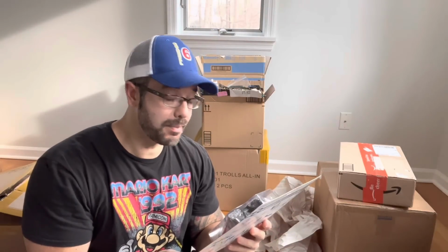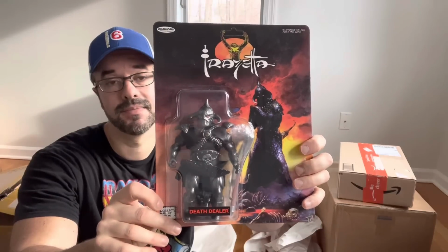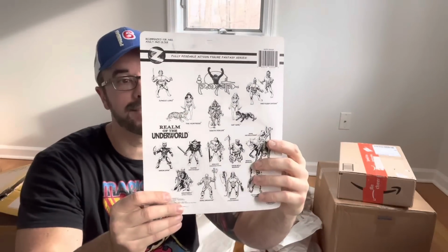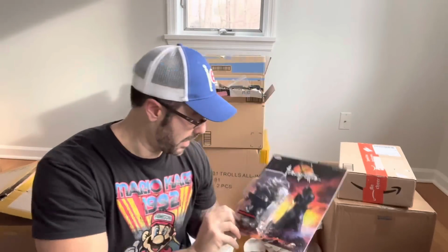Oh crap. This is it. 80s inspired, before I started drooling. Frazetta action figures. This is spot on. Death Dealer. Amazing. Wow. That is amazing. Look at that card art. Holy crap. This is so cool. That is so